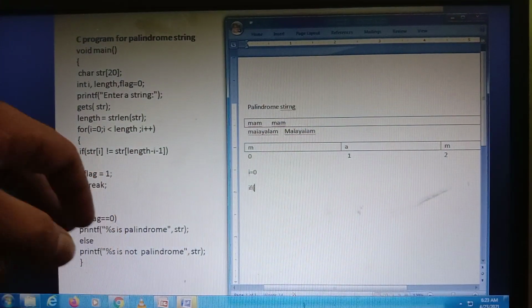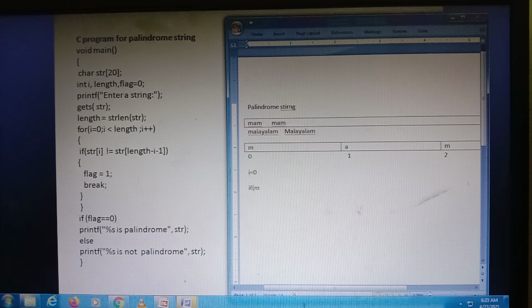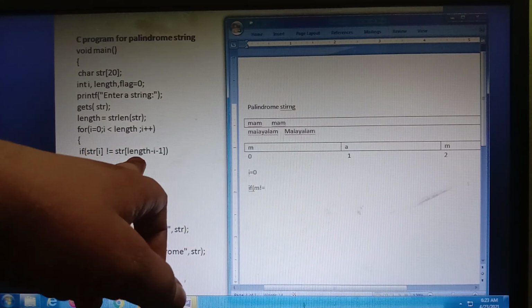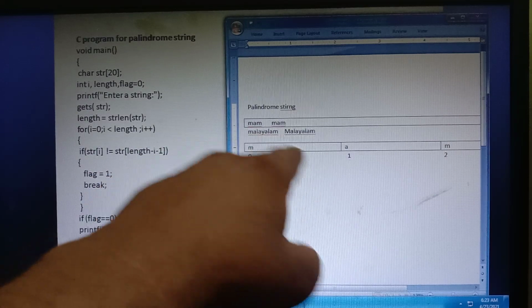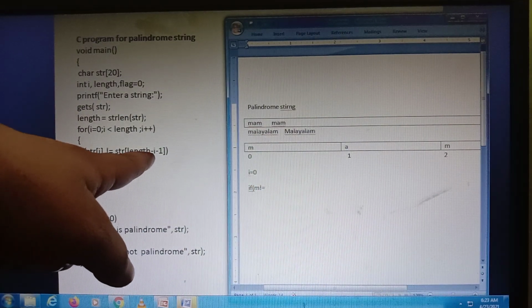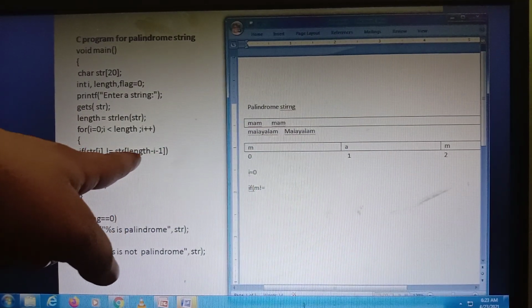That is M. M not equal to STR of length minus 0 minus 1. What is the length here? Ma'am means I am taking only 3, length 3. 3 minus 0 minus 1 means that is STR of 2.